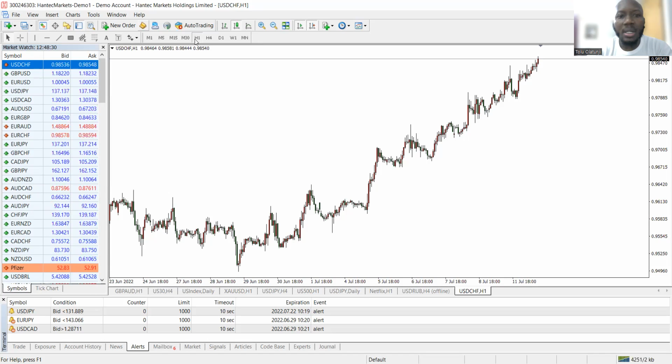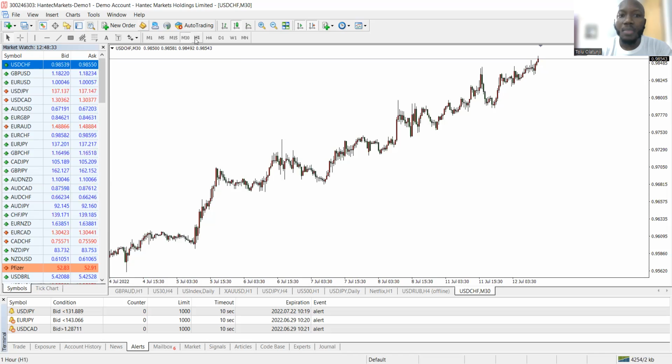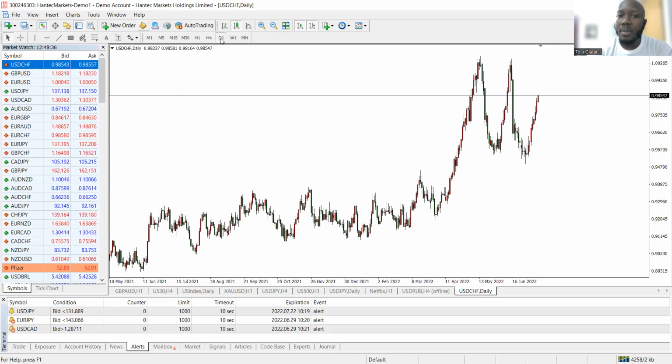The swing trader could probably be using 30 minutes, 1 hour, 4 hours, or maybe even the daily time frame. Just take this as a rough estimate to give you an idea of the time frame you are supposed to use based on the type of trader that you are. The position trader is one that holds trades for a longer period of time, maybe weeks, months, and even years. A swing trader holds trades for a few days, maybe a few weeks, a short period of time, but not as lengthy as the position trader. A position trader can hold trades for years, and I mean years.